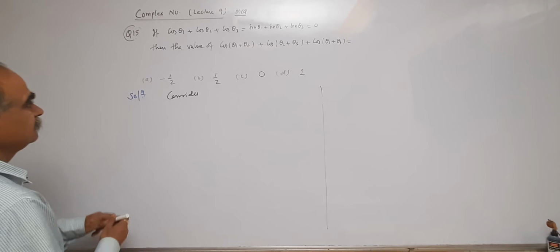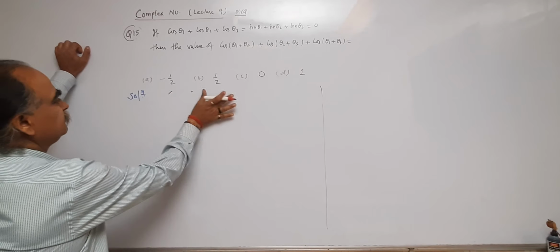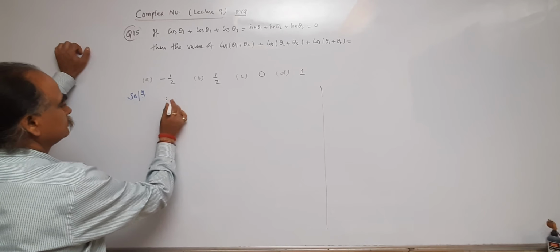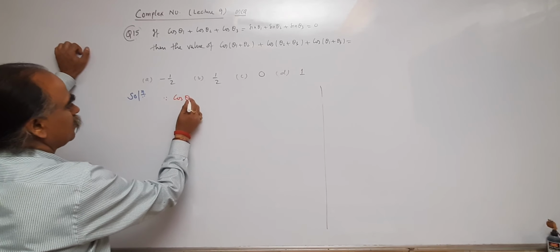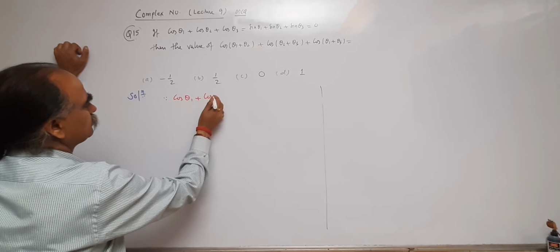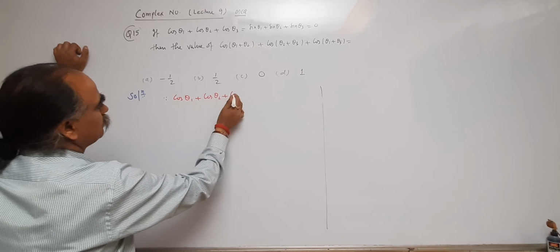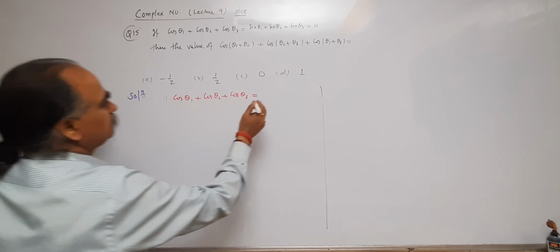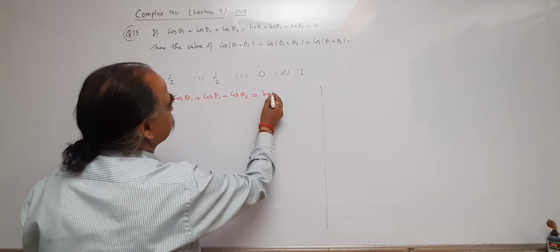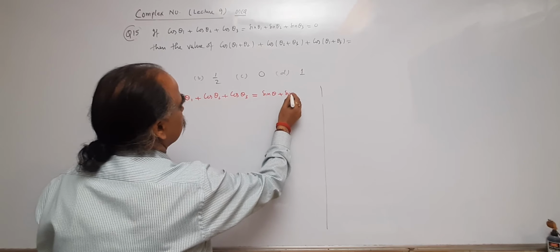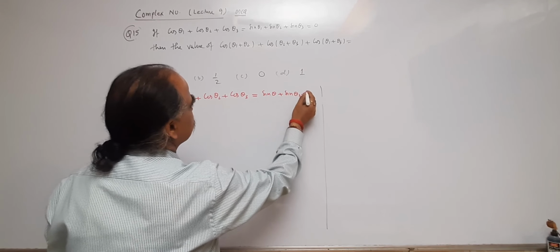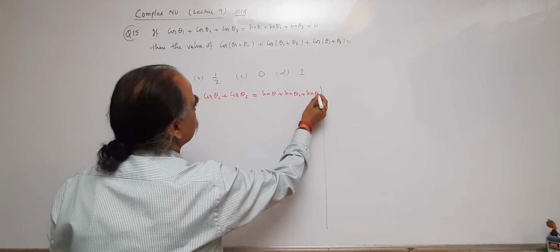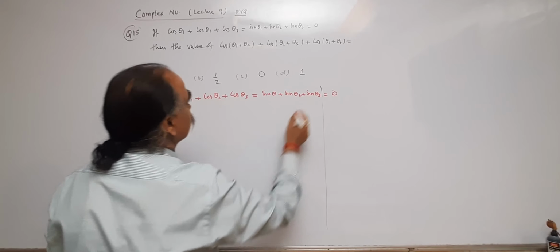So, since cos theta 1 plus cos theta 2 plus cos theta 3 is equal to sine theta 1 plus sine theta 2 plus sine theta 3 is equal to 0,